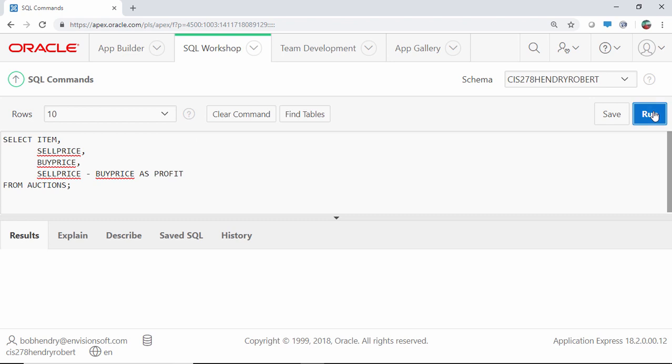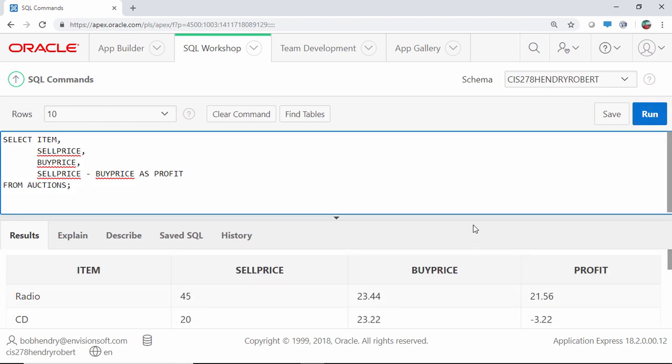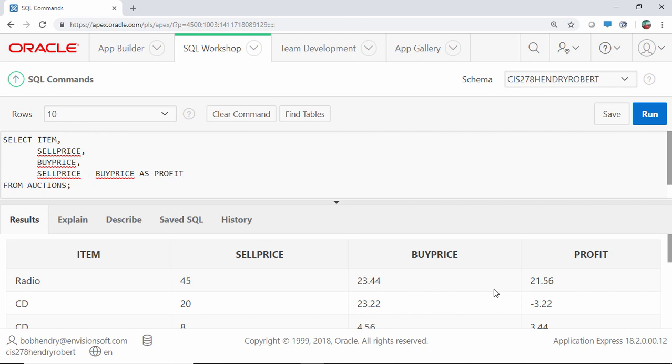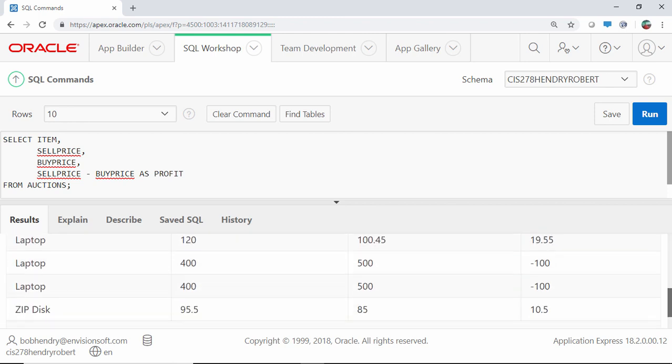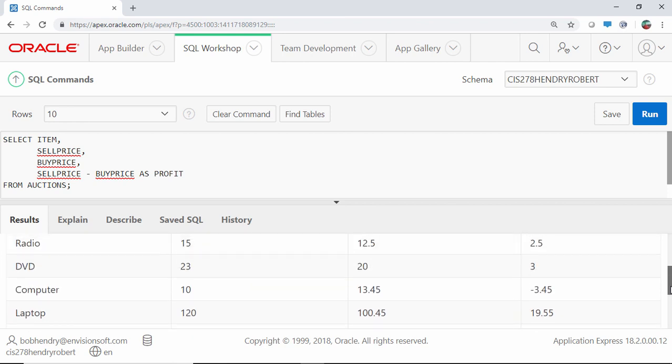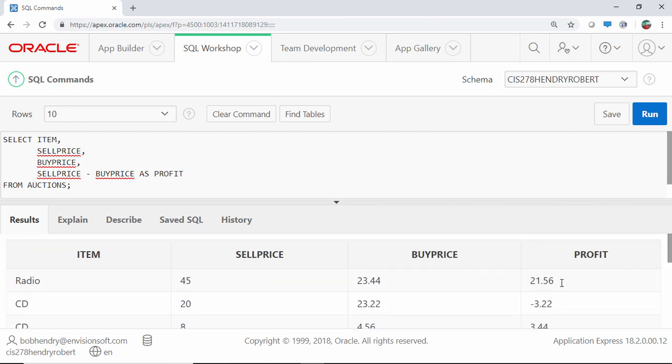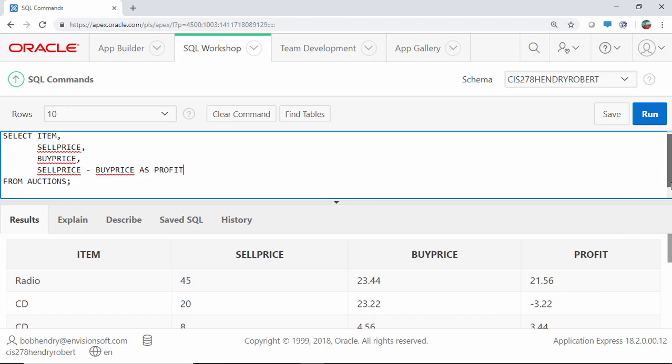So this is going to list us basically this stuff here. It's going to list us our sell price and our buy price and our profit. So what we want is we want to show just which item sold for the largest profit. Now again, we can sort this if we want, but basically let's write a SQL statement that'll do this for us. So we're basically looking for this guy here, radio for 21 point whatever. We could do the following. We could do this. From auctions, and we could say, where